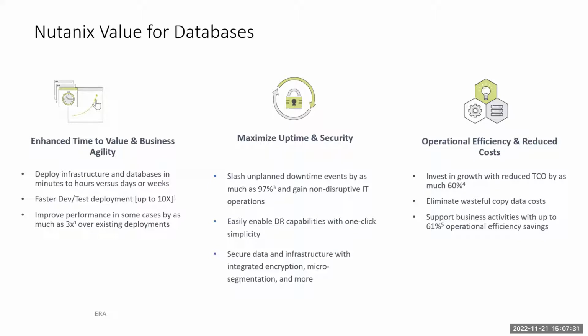We can also reduce unplanned downtime by 97%. We also have one-click database DR capabilities. Also, we can reduce data storage by taking snapshots, which are zero-byte snapshots, and we can decrease storage utilization.